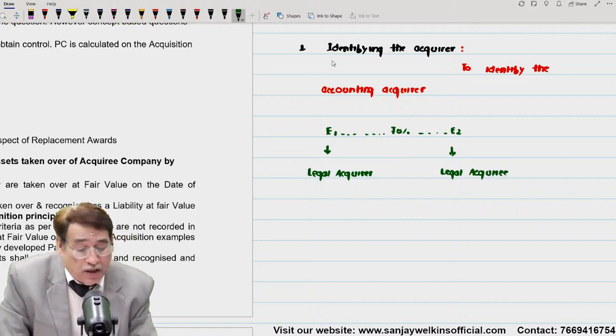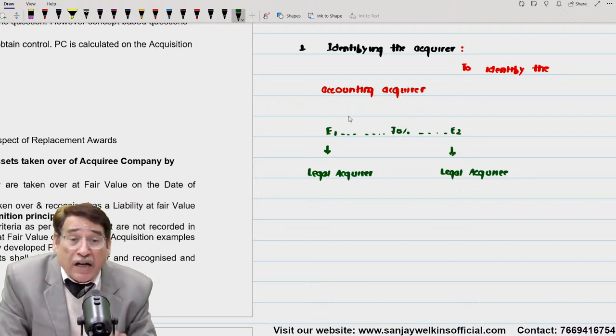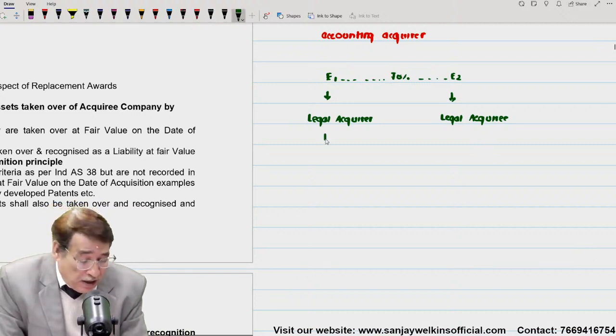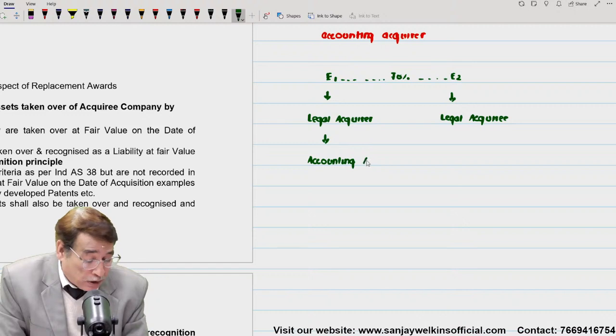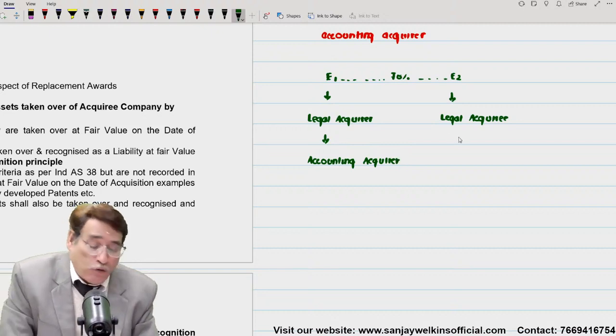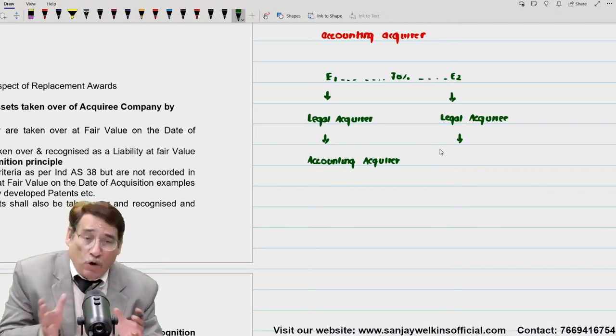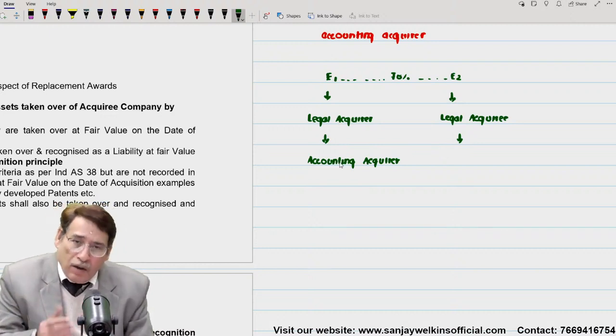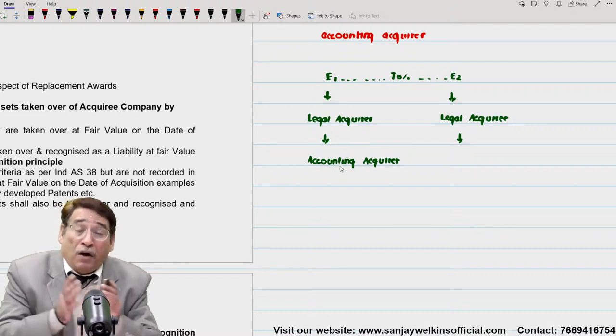However, this particular step says that we have to identify the accounting acquirer. Try to understand, 99.99% of the time the legal acquirer itself will be the accounting acquirer. First of all, you need not worry about this particular point. The legal acquiree will not generally be considered as the accounting acquirer, because accounting will be done in the books of the acquirer entity, and generally the legal acquirer is also the accounting acquirer. But under rare circumstances,